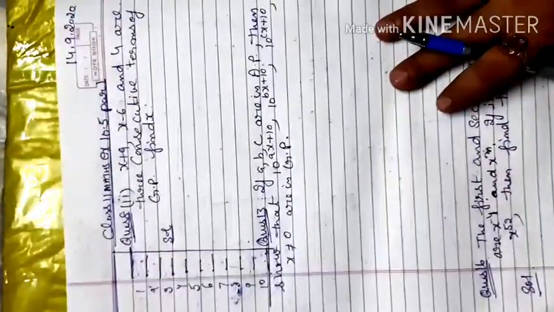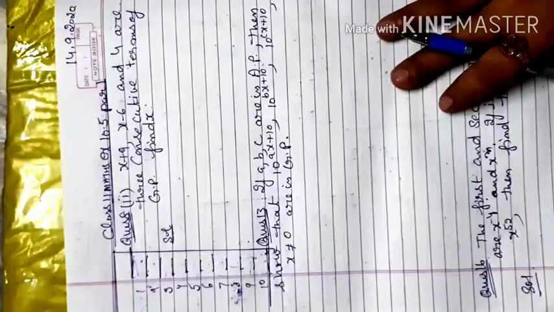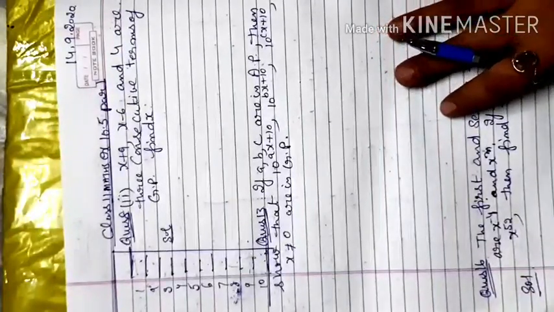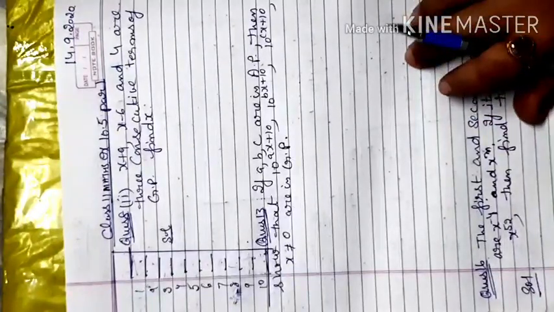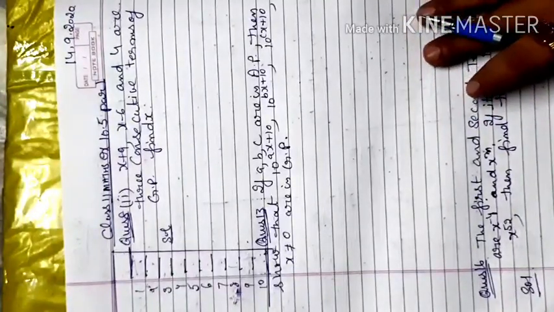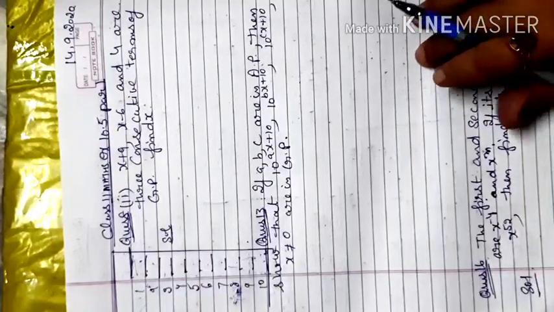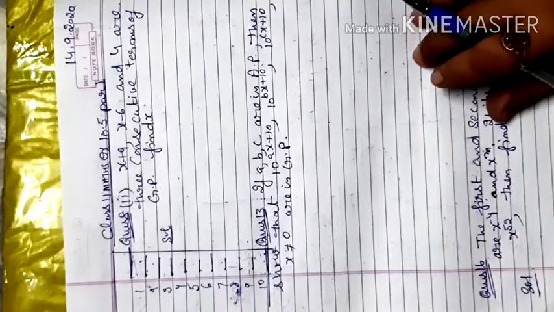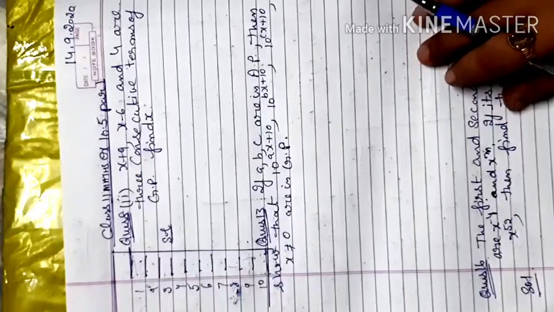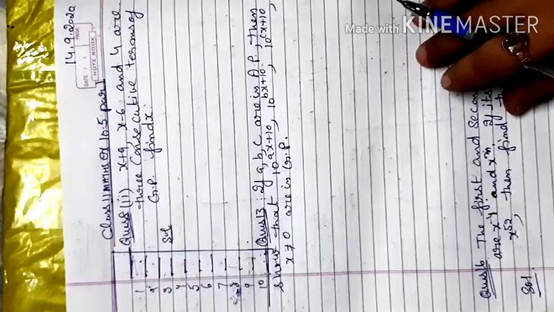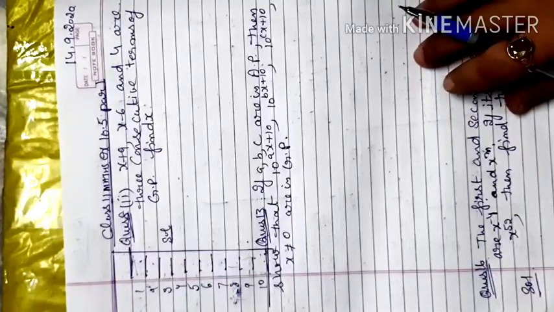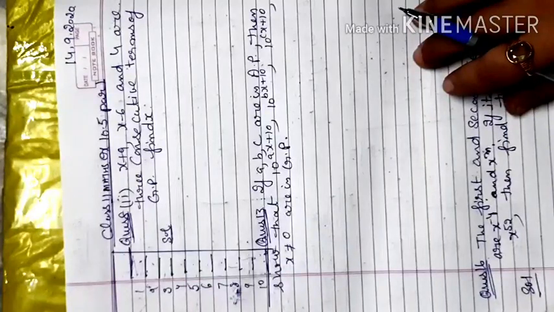So according to that, in our 8th question second part, because in your first, second, third, fourth, 5th, 6th and 7th questions, it is just the same as your AP series. The only difference is that in place of the AP formula we have to apply the GP series formula. If you have to find a particular term in an AP series, you need the first term and the difference. Here in a GP series, if you have to find a particular term, you need the first term a and the ratio. In that way you have to find it.